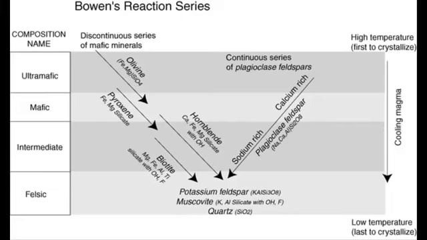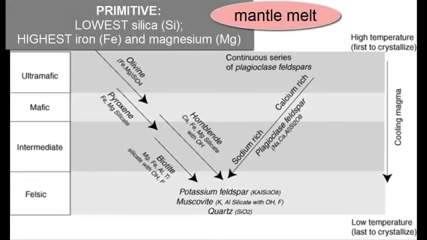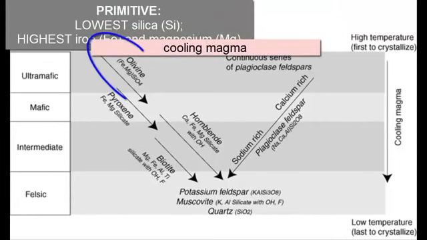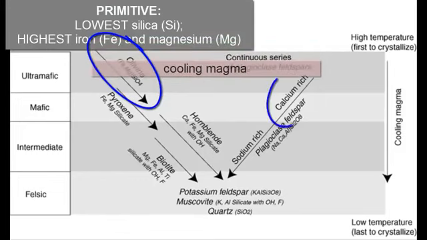Let's review it briefly. Magmas that form from melting the mantle will be the most primitive and have the lowest silica content and the highest iron and magnesium content. As they start to cool, the first mineral to precipitate, the one that's first stable as a solid at the highest temperature, is olivine. As the magma continues to cool, calcium-rich plagioclase feldspar becomes stable and starts to precipitate alongside